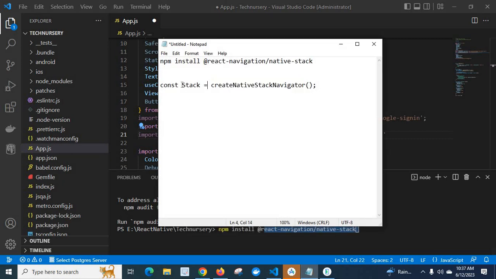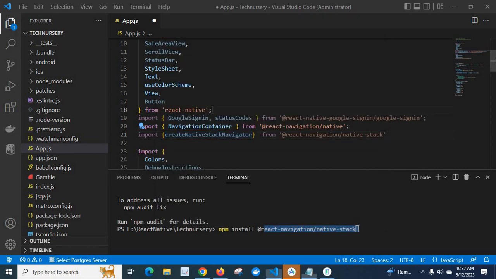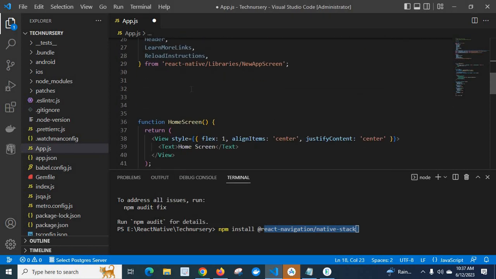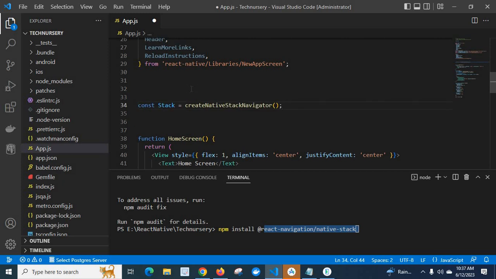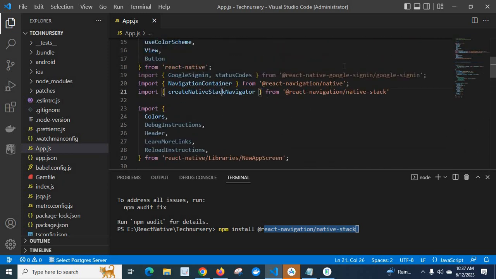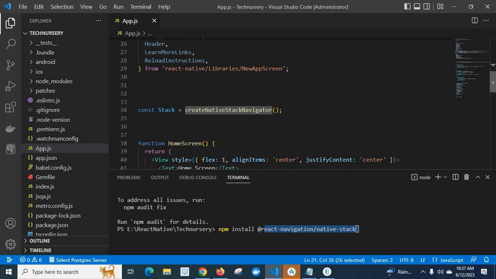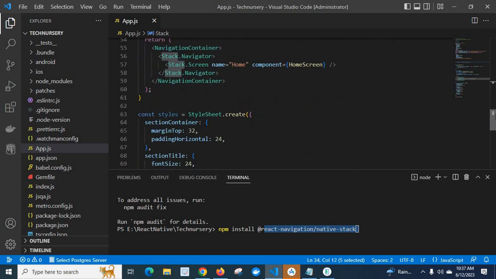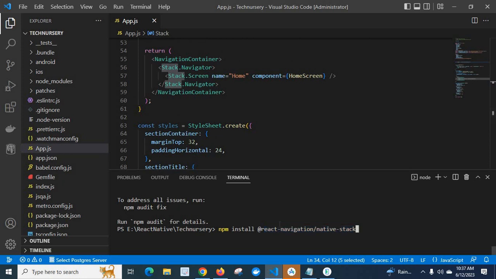Now we need stack. It's a const variable. So let us copy this one and paste it here. So using this createNativeStackNavigator, we will get the stack from this method by calling it. So this stack we got. So right now when we run the file,